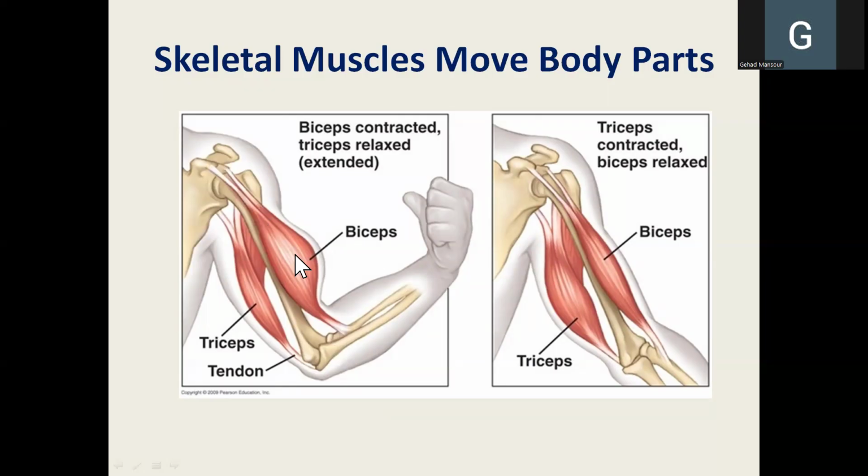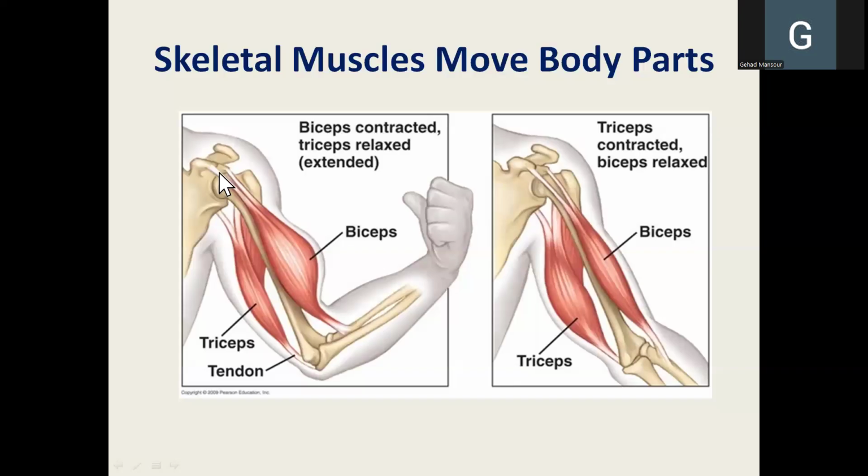But as we said before, organs carry out one or more interrelated functions. So what are the interrelated functions of the biceps muscle? The main function of the biceps muscle is to contract, but there is another important related function, which is flexion of the elbow joint. And flexion of the elbow joint, how is it interrelated with contraction? Because when the biceps muscle contracts, it will cause flexion or bending of the elbow joint.